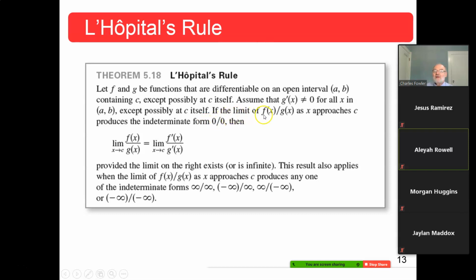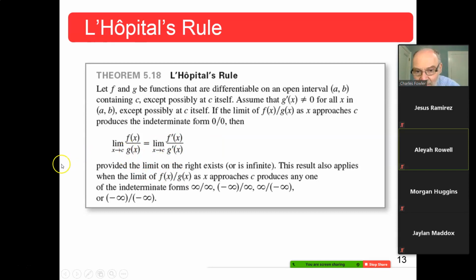If the limit of f of x divided by g of x as x approaches that value c produces that indeterminate form of 0 over 0, then the limit as x approaches c of f of x over g of x, which we saw was a 0 over 0, is going to be the same as the limit, as x approaches c, of f prime of x over g prime of x. And you can easily imagine some functions whose limit may be 0 as x approaches c, but whose derivatives may not be 0 as x approaches c. If that limit exists,